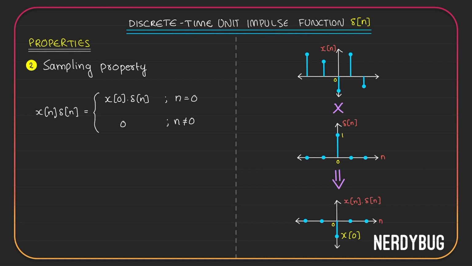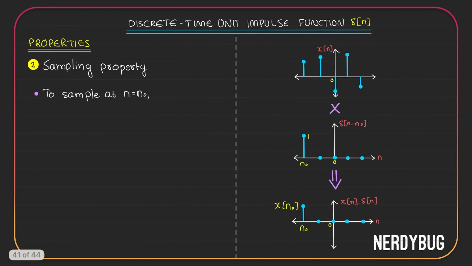if n is equal to 0, and I will get 0 if n is not equal to 0. Now, what if I don't want to sample at n equal to 0? I want to sample at some other point n equals n naught. We have seen this before. All I have to do is time shift my impulse signal. I'll take delta of n minus n naught or n plus n naught, so my signal comes at a different position where I want the sample. Here it is over here. When I multiply, since all these values are 0, the product over there is also going to be 0.